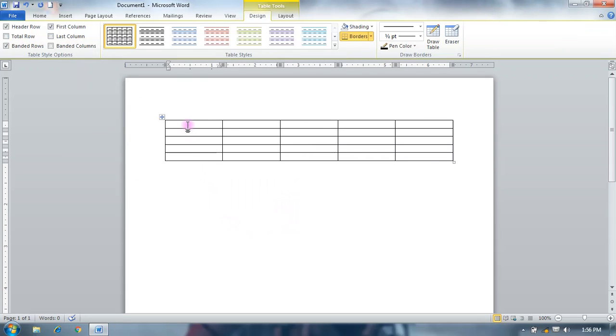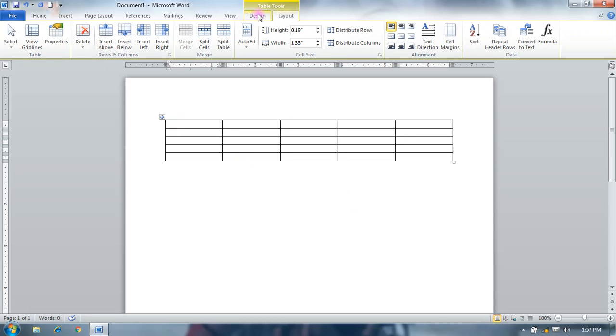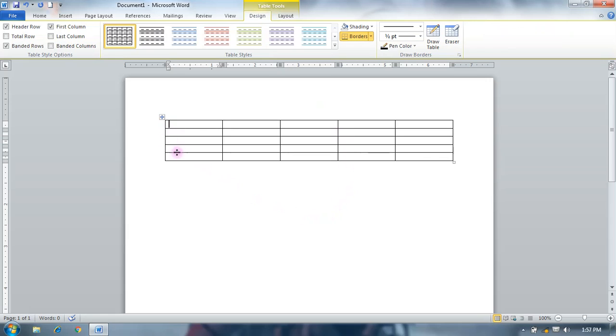Okay, so this is your table. When this is selected, it opens Table Tools, Design and Layout. So select Design. First we enter some data in our table.